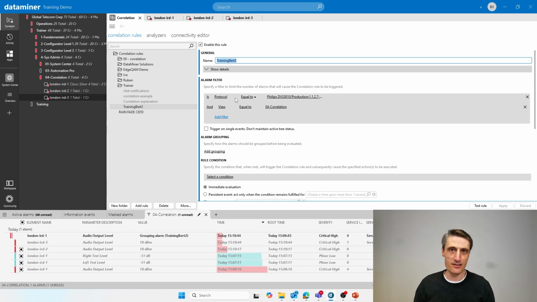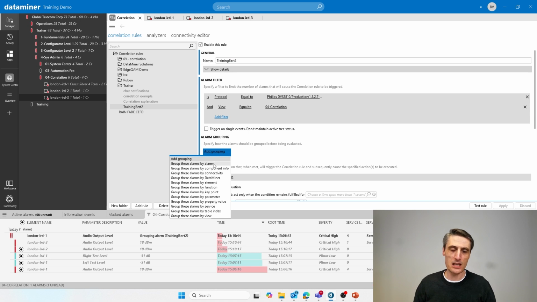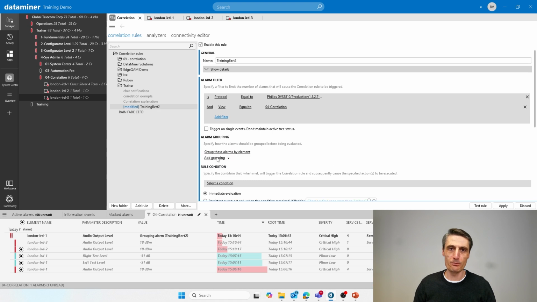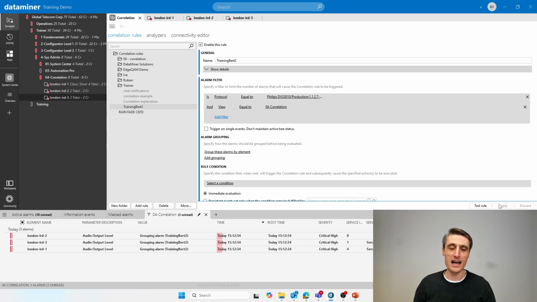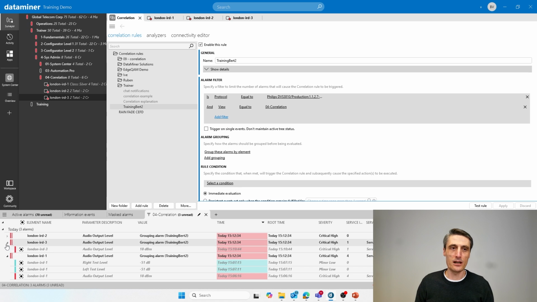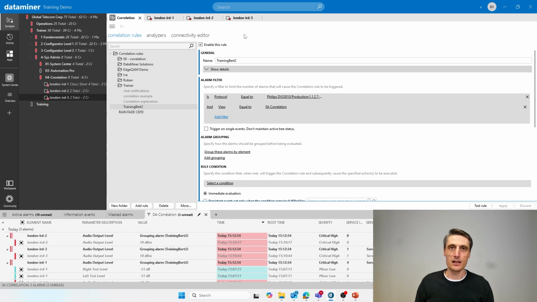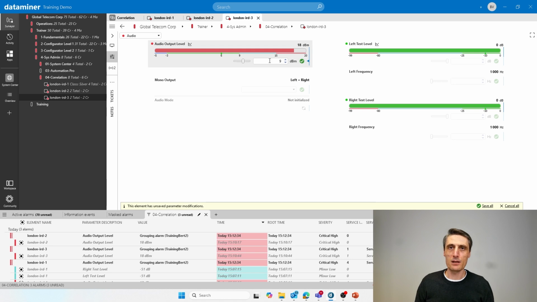So I set everything happening on Philips devices in my correlation view, but I want to add some grouping and watch out what will happen in my alarm console as I go for group by these elements by element. And if I now click apply, I have 3 groups. So it's grouping them by elements. And now I have nicely grouped everything together. If I would add a London IRD 4 in there and generate some alarms on there, it would also nicely group on there. So all the 1 alarms are in there and all the 2 and all the 3 alarms are in there. So if I would remove an alarm again,